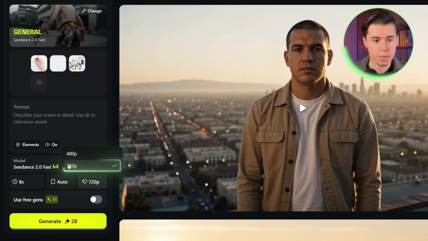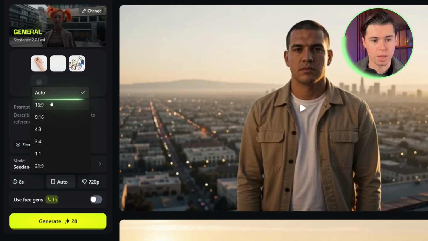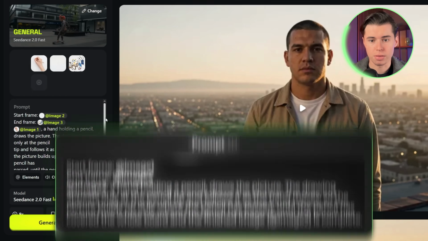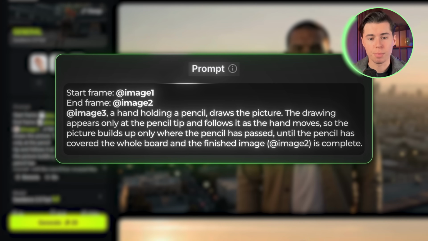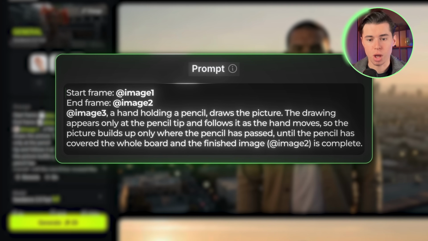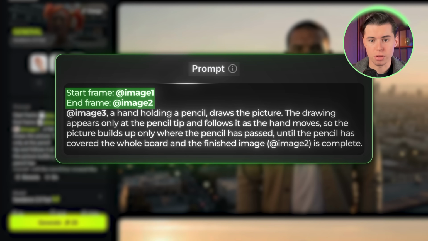Then select 720p for the resolution and 16:9 as the aspect ratio. And this is the prompt I'm going to use. So let me walk you through it step by step, because the same process applies to all the other generations. As you can see, we start by naming the starting frame, and immediately after that, we tell it which one is the ending frame. This way, the AI looks at both of them and creates a smooth transition from start